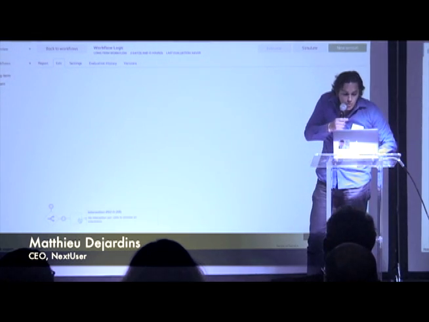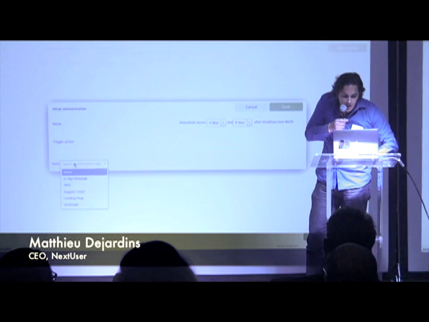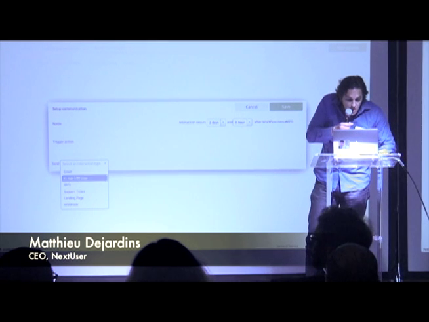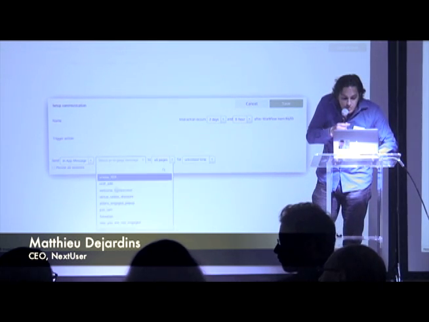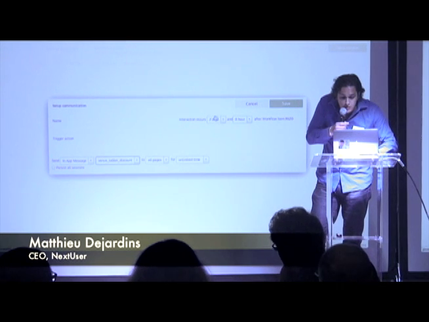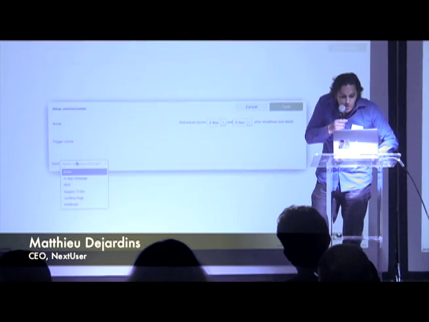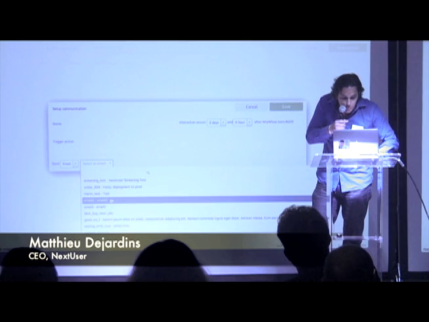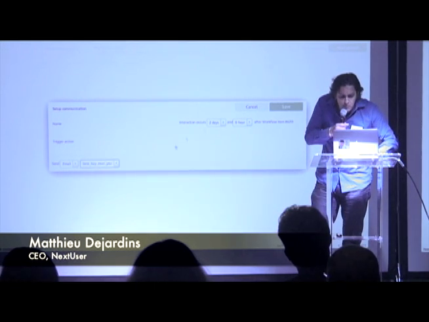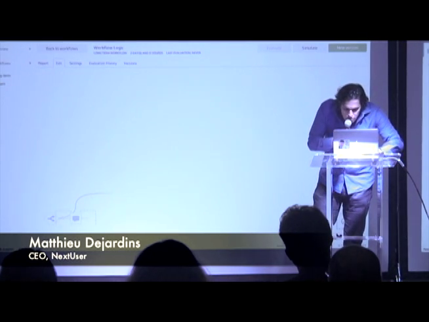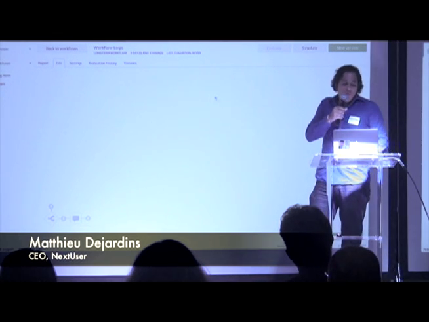An interaction here could be different types. It could be an email, in-page message, SMS, customer support ticket, landing page, or webhook. Here we would like to have a specific message with a discount because the user is still over here on the website. This is following a campaign logic, and we want to be able to retarget this user if the user did not match this condition, and we have the capability to do it with a specific email, pretty straightforward, enticing him to go to Best Buy. We have a drag and drop interface, so with one hand I will try to do it. We can delete a specific component of the workflow.